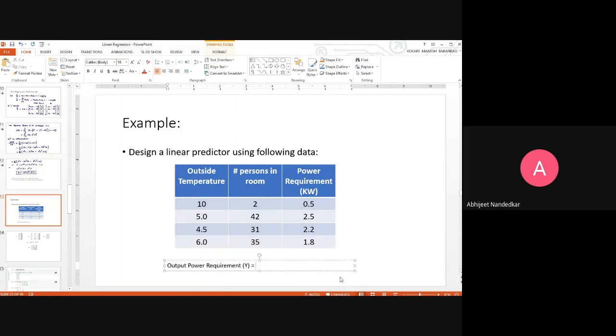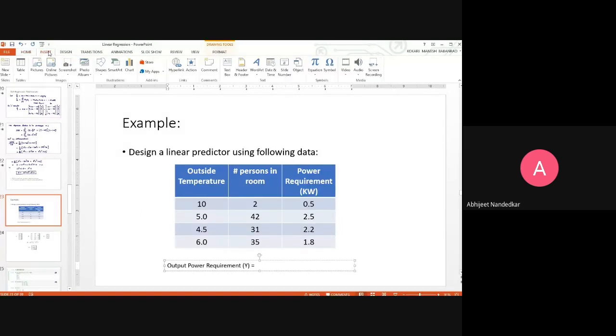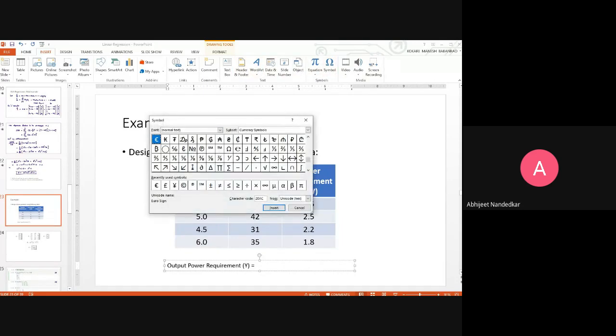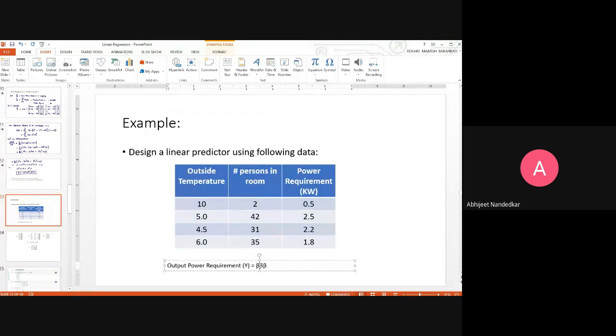So it depends on the... for timing I can use some other symbol like beta. So this beta 0